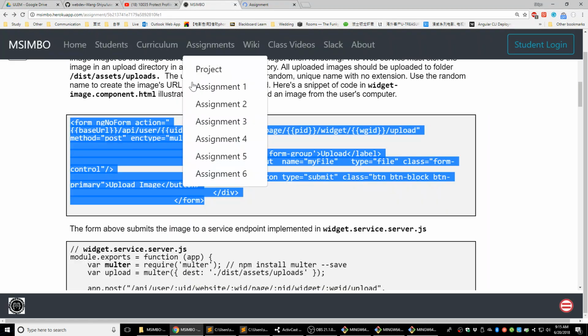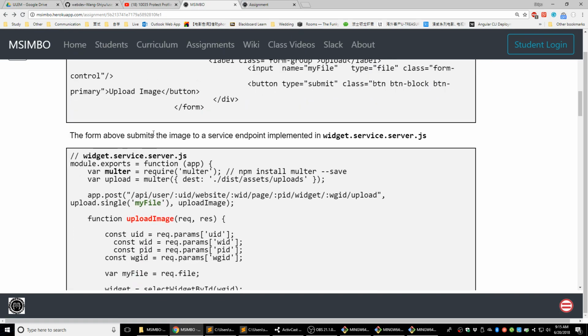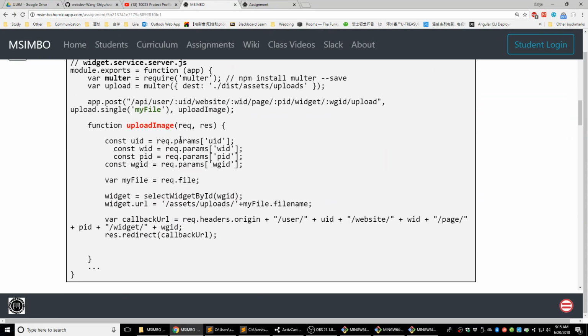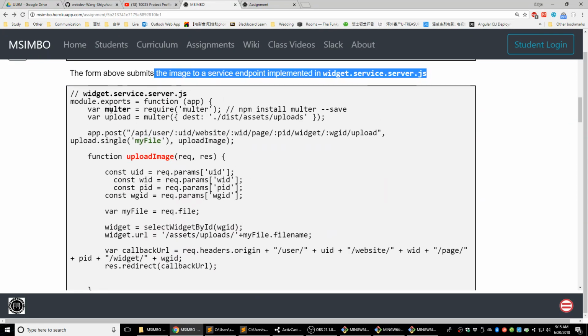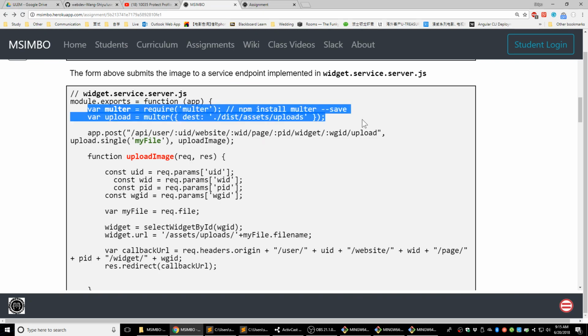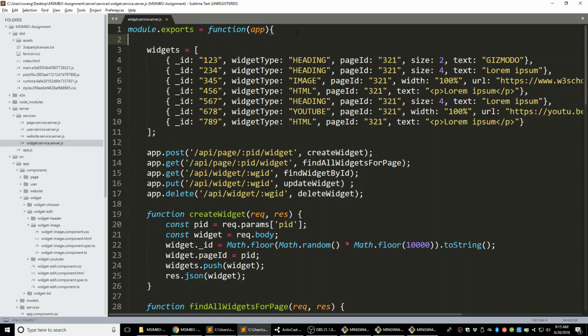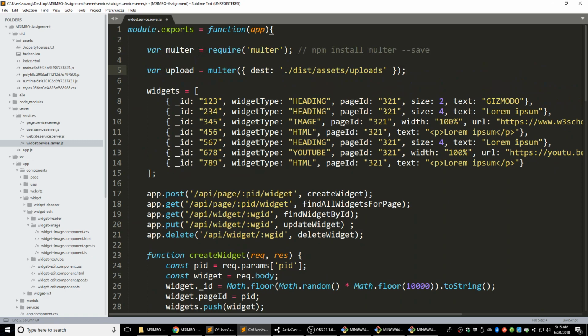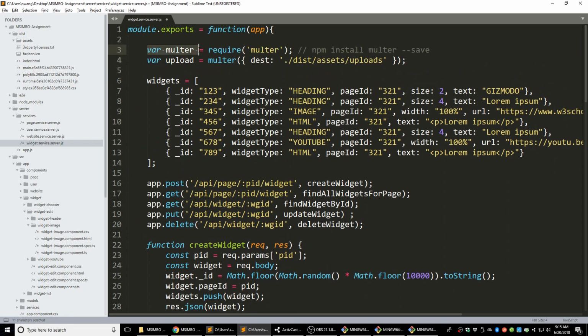The assignment is right here. The form above submits the image to a server endpoint implemented in the widget service server.js. And in the service server.js, we are going to need something to catch the request and send back a response. Okay. Firstly, let's import the multer we just installed. Okay, we create a variable, multer is required, just import the multer we just installed,